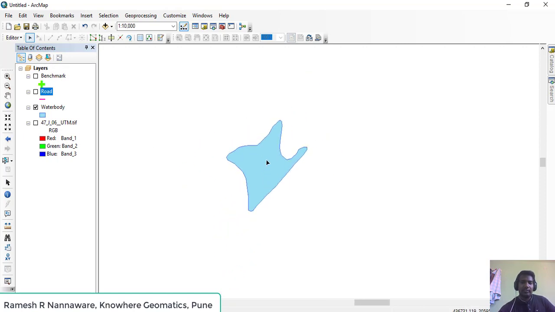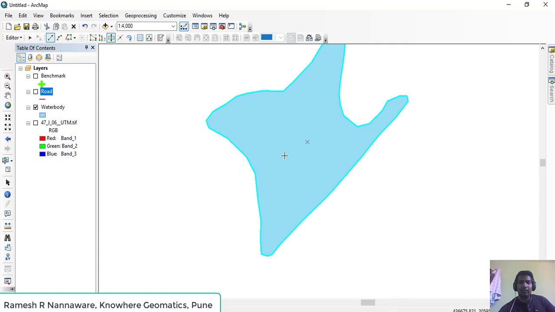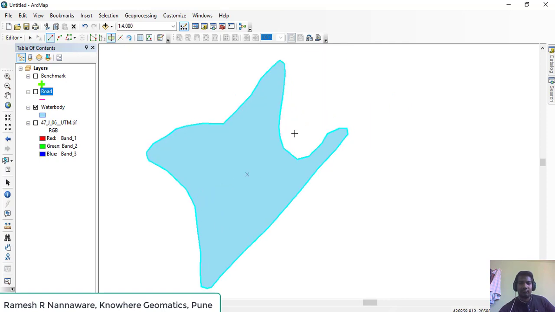Suppose I want to split this particular polygon into two segments. What I will do? I will simply select it and take the cut polygon tool, and from where I want to split it, suppose from here, I will click and keep clicking as per the shape I want to cut the segment into two parts, and at the end I will double click in the outer parts.